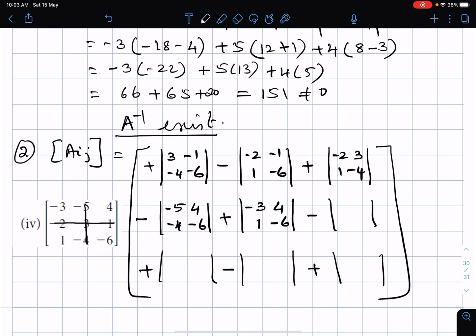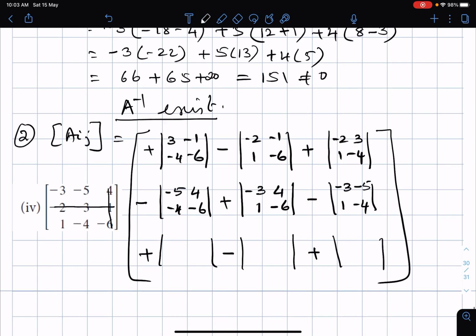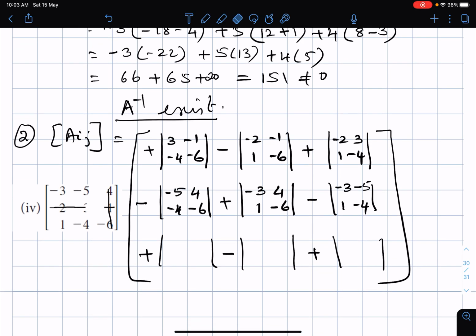Minus 6. Now coming to the third element in the second row, so eliminate your third column and your second row, and your elements in the minor are minus 3, minus 5, 1 and minus 4. Now coming to your third row, you are going to eliminate your third row. Third row, first element, so eliminate your third row and your first column, and your elements are minus 5, 4, 3, minus 1. Now eliminating our second column, because it is the second element, you will get the elements as minus 3, 4 and minus 2, minus 1.